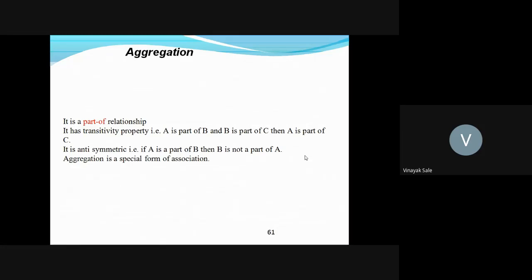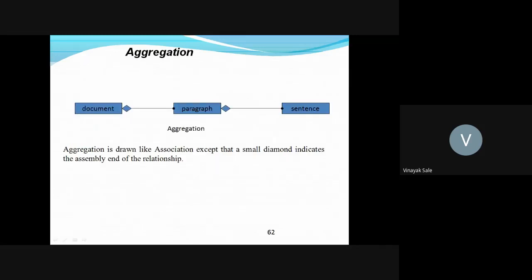Aggregation is a special form of association. It is shown by a small diamond.